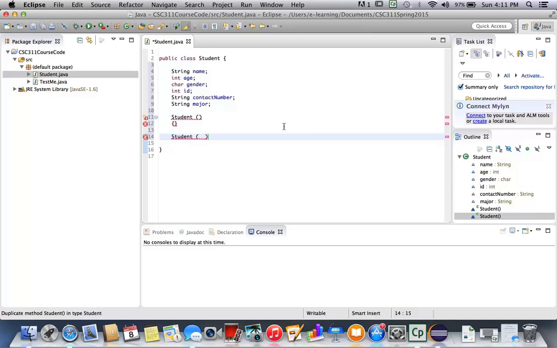So I can put, for instance, string n for name, int a for age, and then char g. I'm just using these to refer to the gender, and int i for the ID. And then the contact number is a string, call it cn, for instance. You can choose the name for it. Then another string,